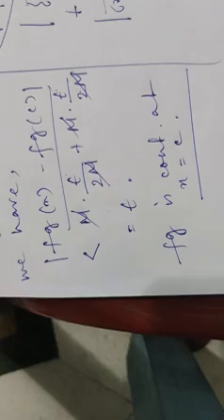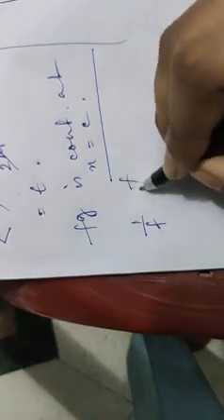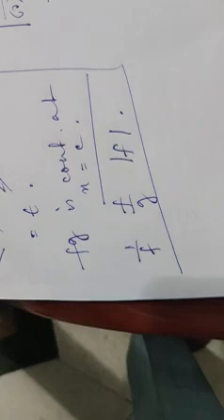Similarly, the converse is not true. You can show it by taking the Dirichlet function as usual. Now all the other algebra of continuity, that is 1 by f, f by g, or mod f, all the proofs are similar, just like the limit theorems. You can easily do it by yourself. So I am not proving all the other proofs here.